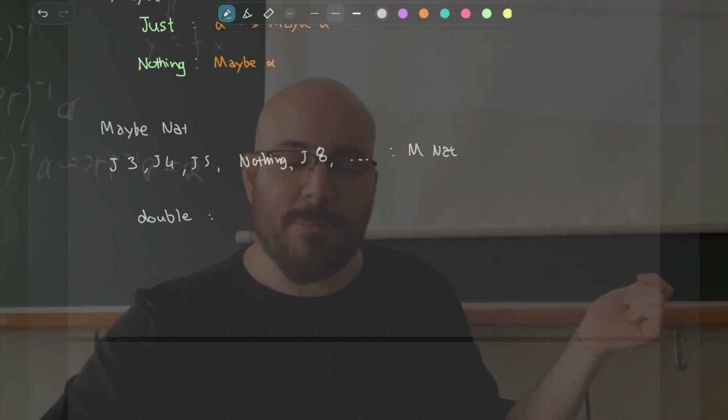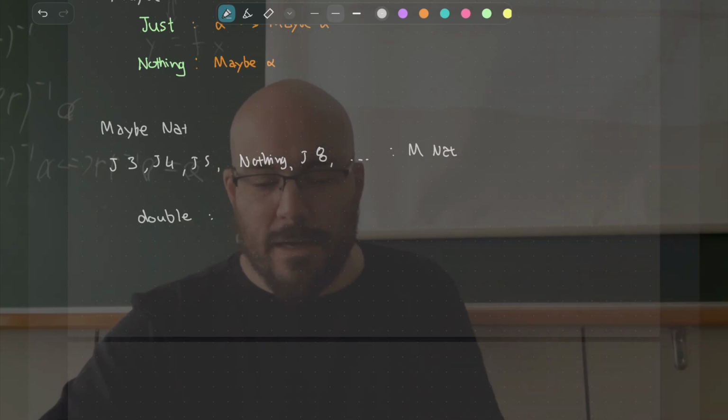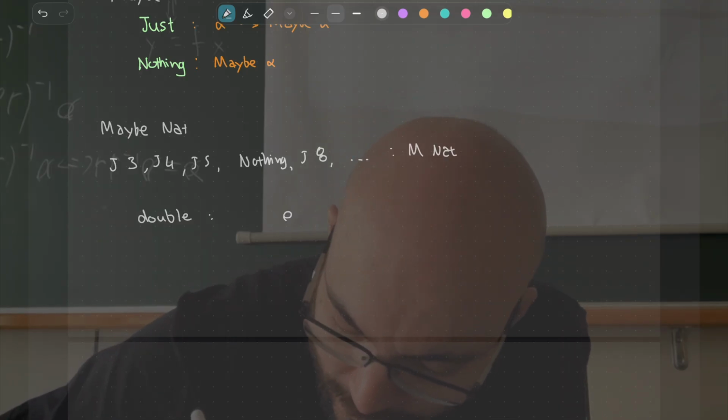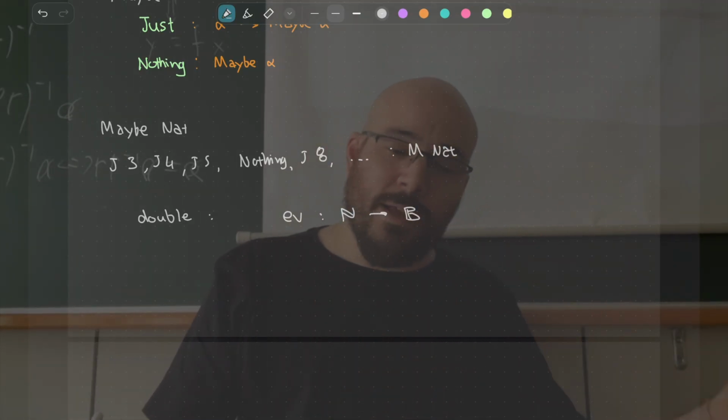The only problem I have with the double function is that it's an endofunction, so it goes from nat to nat. Maybe I could do something like is even that goes from nat to bool